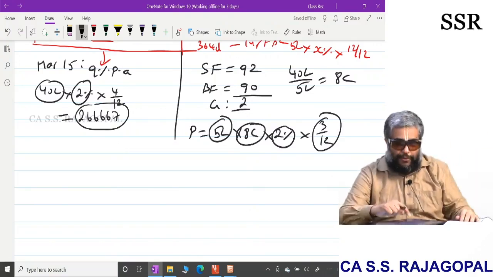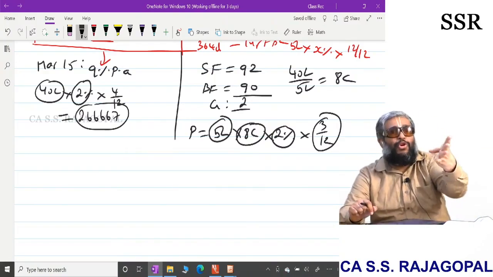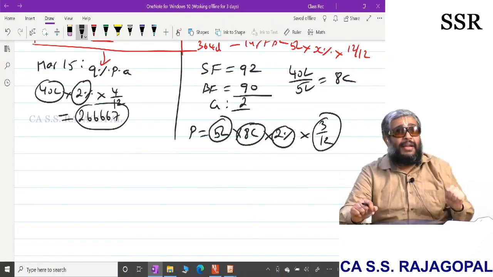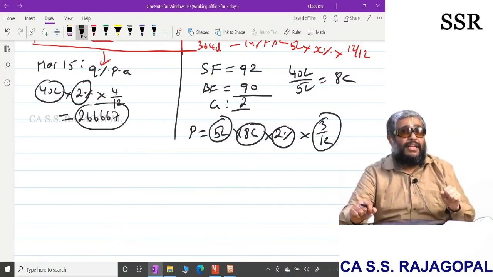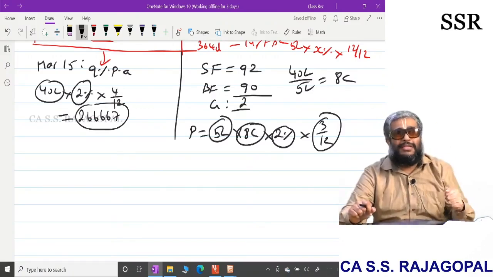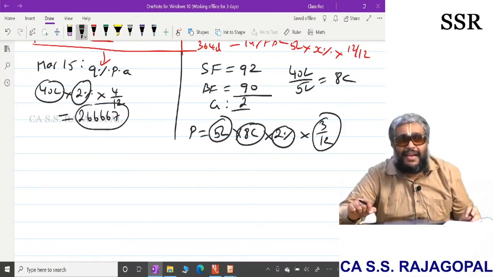Why don't you select a 4 months IRF? No, I did not have a 4 months interest rate futures trading in the stock exchange because they have 91 days T-bill futures, they have 184 days, they have 365 days. They don't have a 4 months, so 120 days futures I don't have.